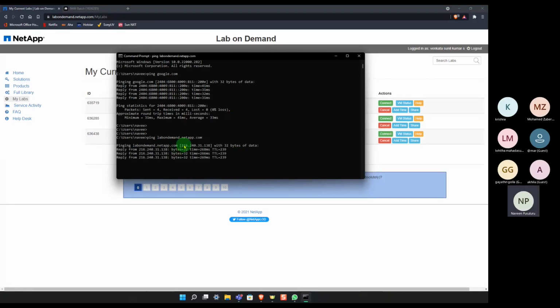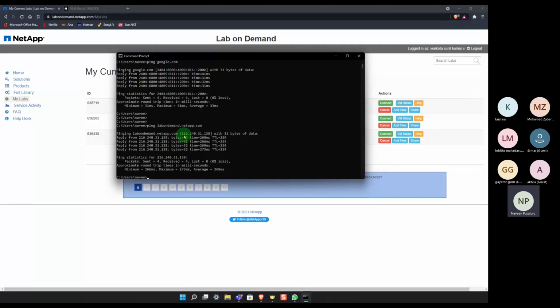See, this is the IP address behind. This is where they have hosted this Lab on Demand software, the application, database, whatever things are making it work. All these things are hosted on top of this particular server. For example, instead of giving you the name labondemand.netapp.com, I gave you this IP. I told you to use this IP to log into the